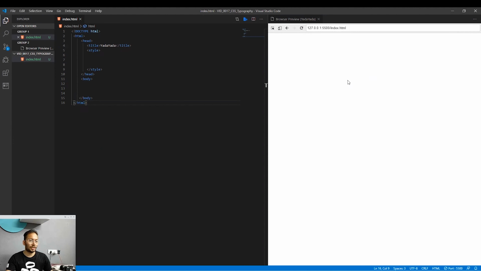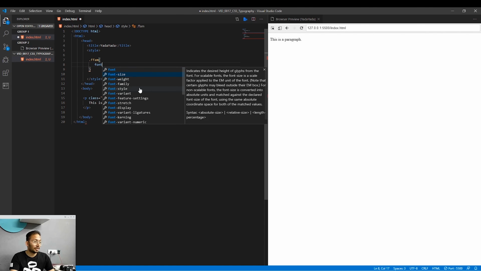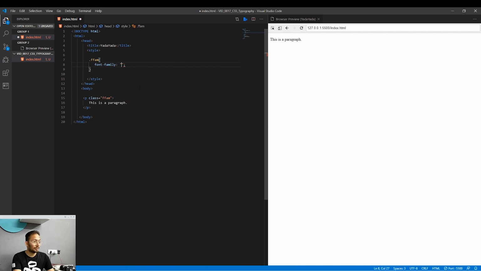Now let's open our folder in Visual Studio Code, and here we have it. Let's add a paragraph of, let's say, class pfam, which will be font family. Now let's add some text here. Let's say this is a paragraph, and now we'll go to our style tag and add rules for this family. So pfam, and here we'll add font-family of Segoe UI. Let's hit save, and now you can see that we have our text changed from system default